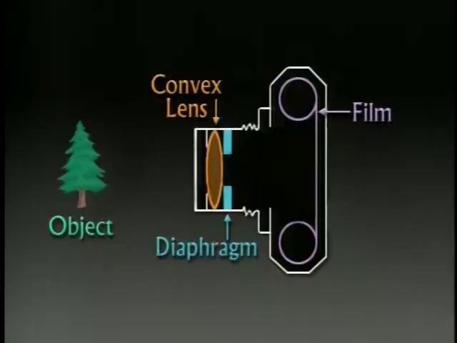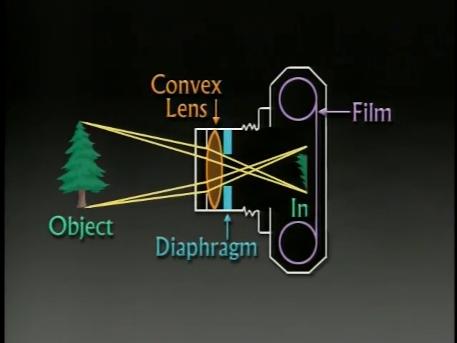Dr. Sittick and Dr. Wainwright showed us how light enters the eye and reaches the retina, producing an inverted image. As we've seen, the camera is a good analogy to the eye. Here we see that light from an object is refracted by the lens in such a way that the image on the film is inverted. Of course, we don't actually see the image on the film until it has gone through a chemical process known as developing. Earlier, we heard children accurately describing an inverted image of an object on the retina.